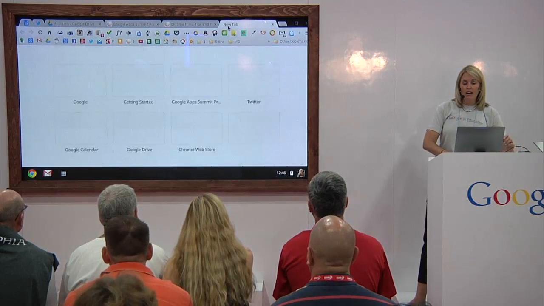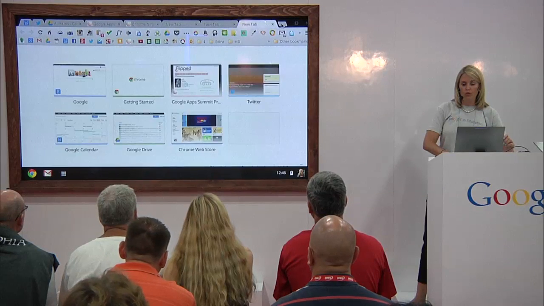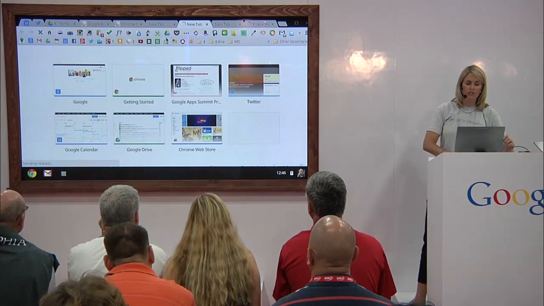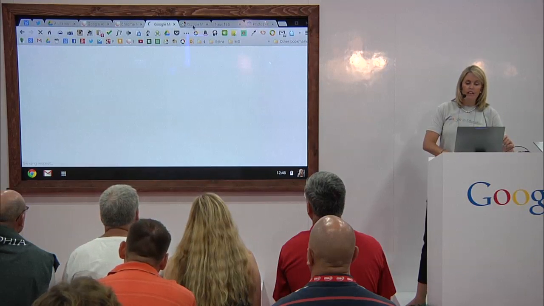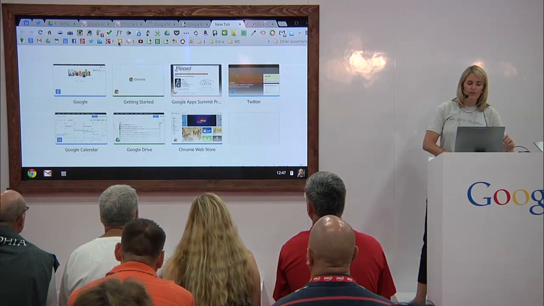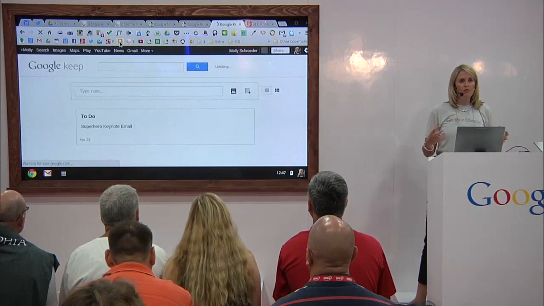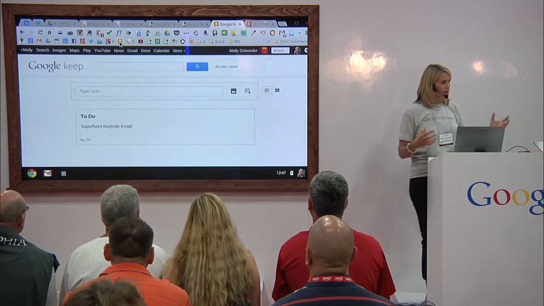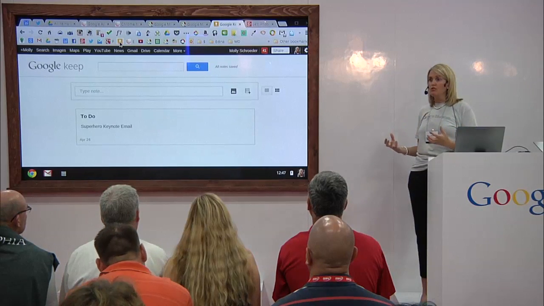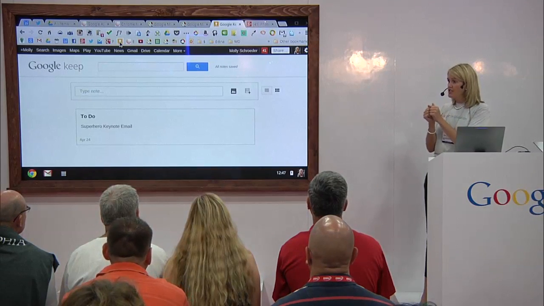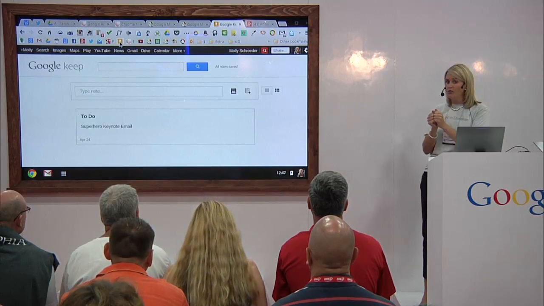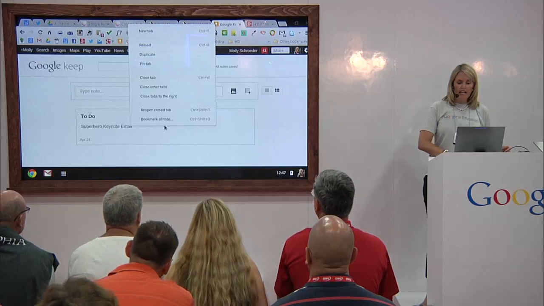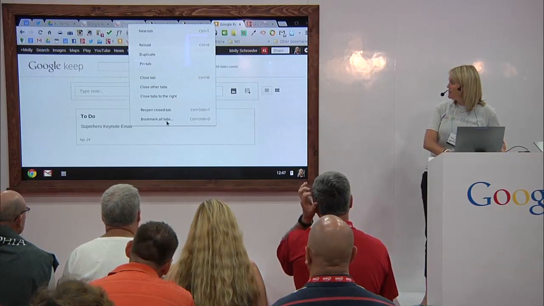Now, sometimes we get into a situation where we've got all of these different things open, and we're working really hard on this really fantastic project, and it's time to go home, and you don't know what's going to happen when you close your browser for the day. So another thing you can do is bookmark all of the tabs you have open into one little folder. If I just right-click anywhere here, I can bookmark all the tabs,